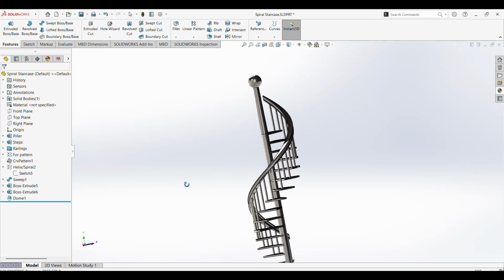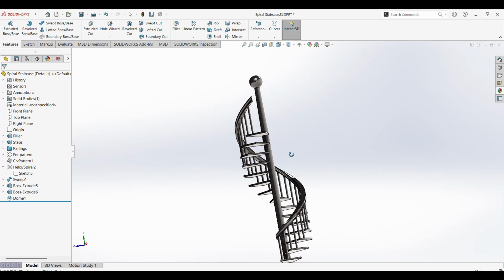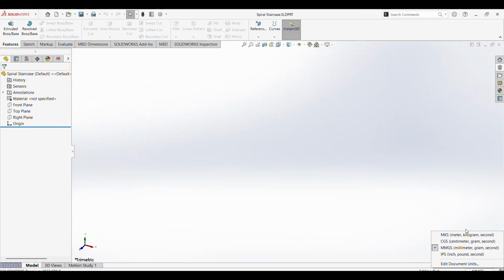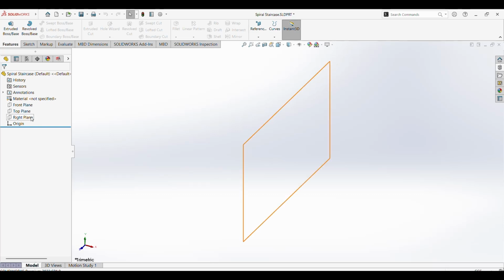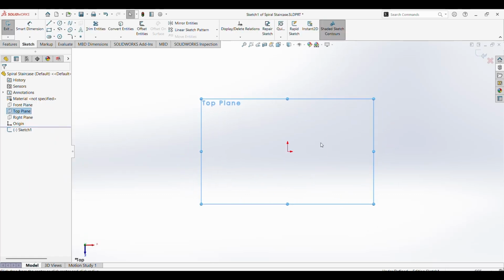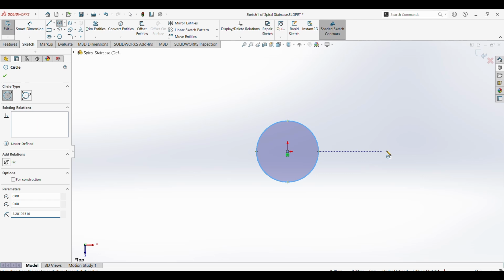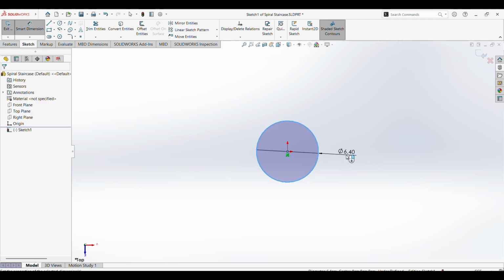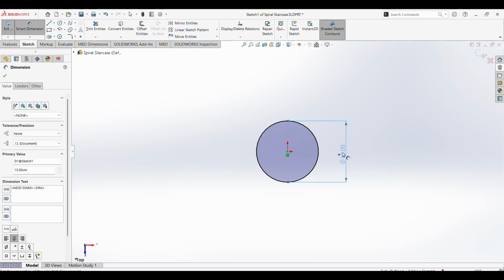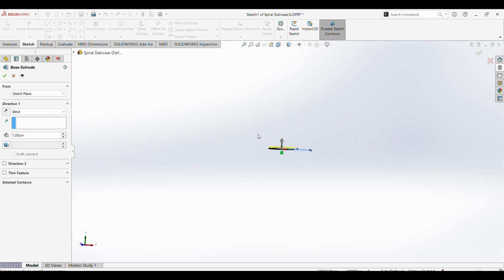In this video, we'll design this spiral staircase. So let us select unit CGS. Now top plane, sketch, draw a circle of diameter 15 cm. Now go to extruded boss base, blind